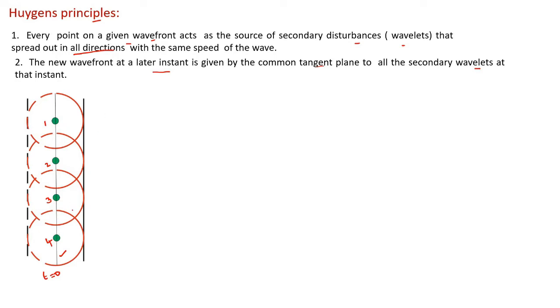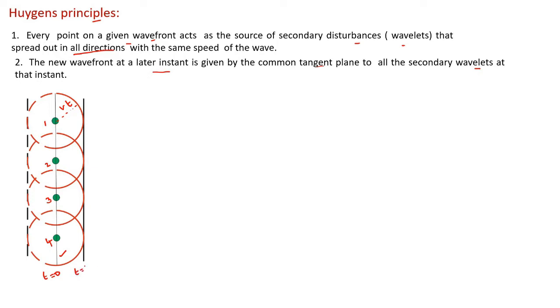Taking these 4 points on the current wavefront as centers, because these are the points which can act as a source of secondary wavelets. So how to draw the secondary wavelet? Taking these points as centers, and taking Vt as radius,